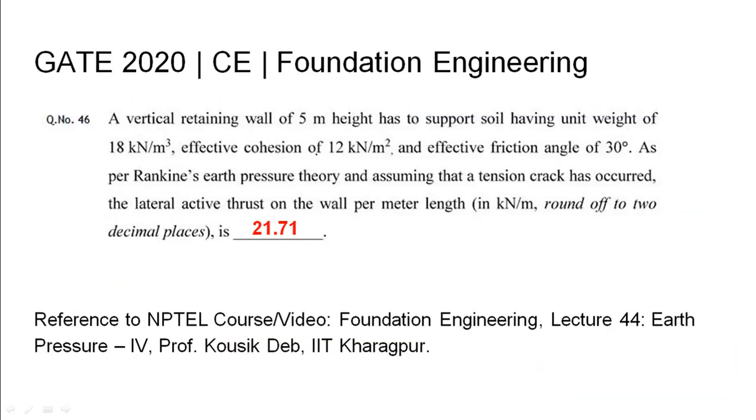So a vertical retaining wall of 5 meter height was given with the density of soil and effective cohesion. Friction angle was also mentioned. Using Rankine's earth pressure theory and the formula for a tension crack, that is given as Zt will be 2c by gamma root over Ka, the lateral active thrust on the wall was found out as